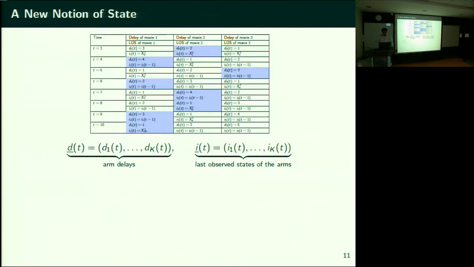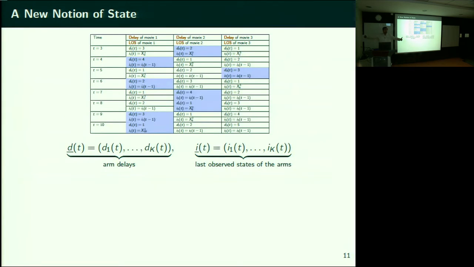So with this modified policy, there is a new notion of a state that I want to bring in to describe the problem. Remember I showed you this table. This table was about last observed states and delays. You recall there was a certain evolution for these delays. When you don't observe a certain movie, the delay for that movie keeps getting incremented till you come back and observe that movie. And the last observed state for that movie is still stale. It's whatever you had last observed it in, till you come back and observe it in the most recent state, in which case your last observed state gets updated. So there was a certain notion of last observed states and delays. Now why am I so particular about that?